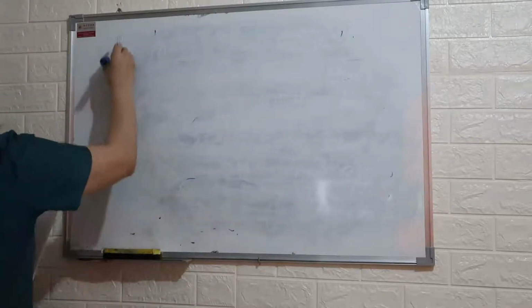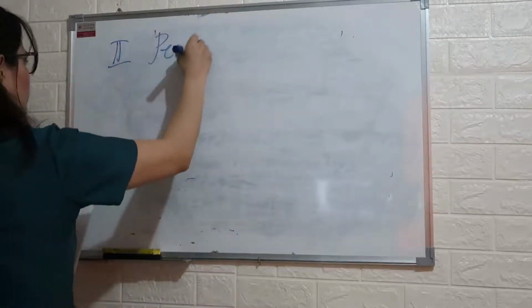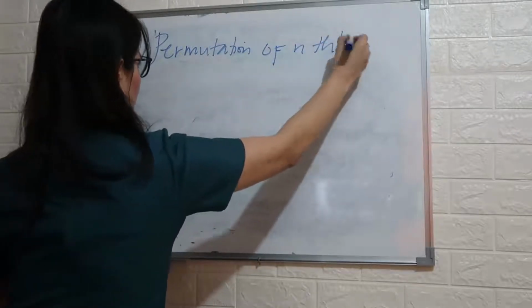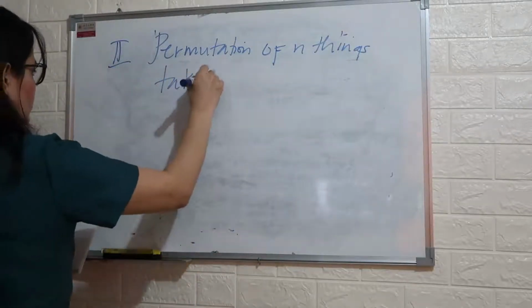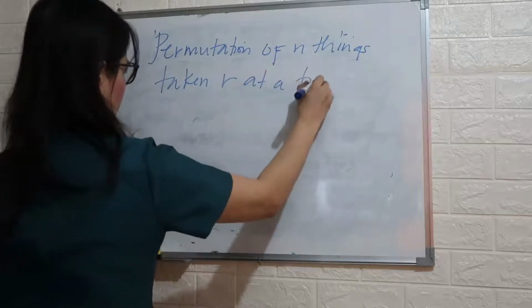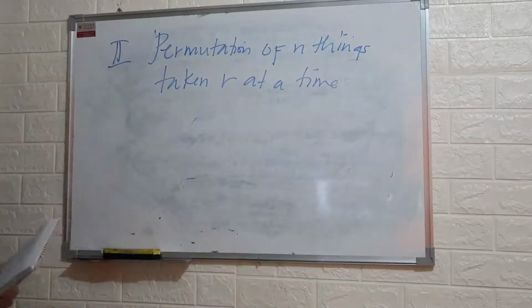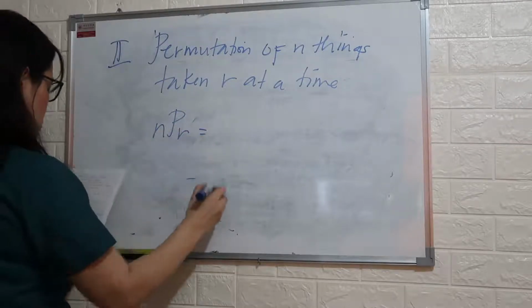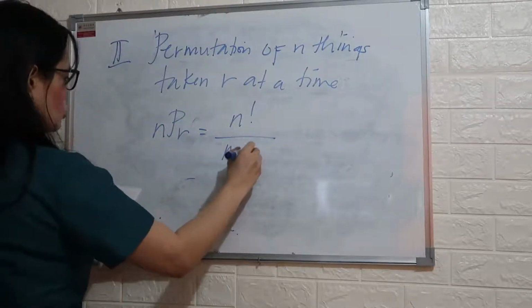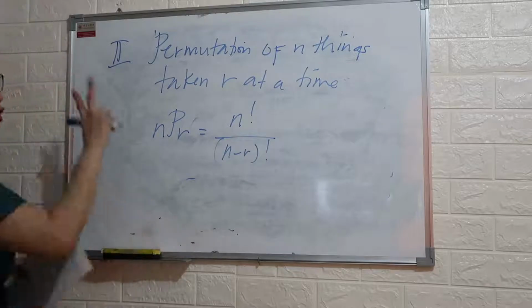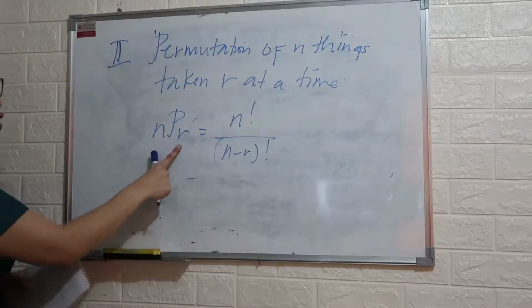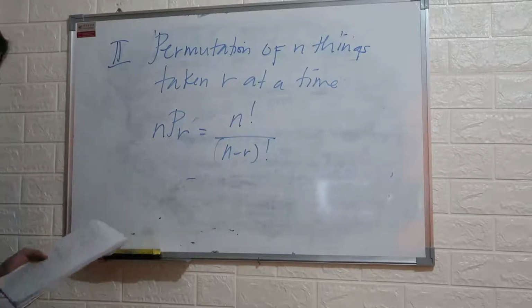So the second rule is permutation of n things taken r at a time. So that will be n factorial, and in a permutation of n, take n r, so that will be n factorial over n minus r factorial. Okay? So the second rule, permutation of n things, take n r at a time. So that will be permutation of n, take n r, so that will be n factorial over n minus r factorial. So the example,